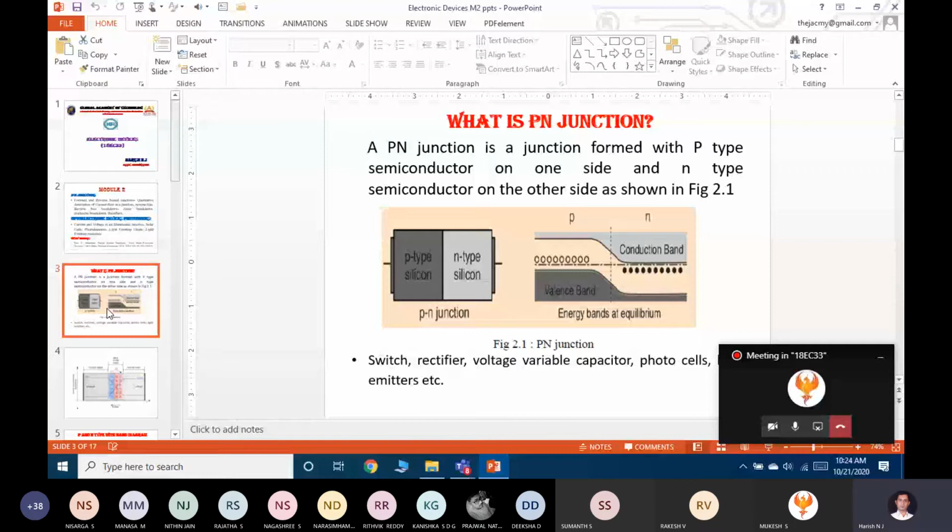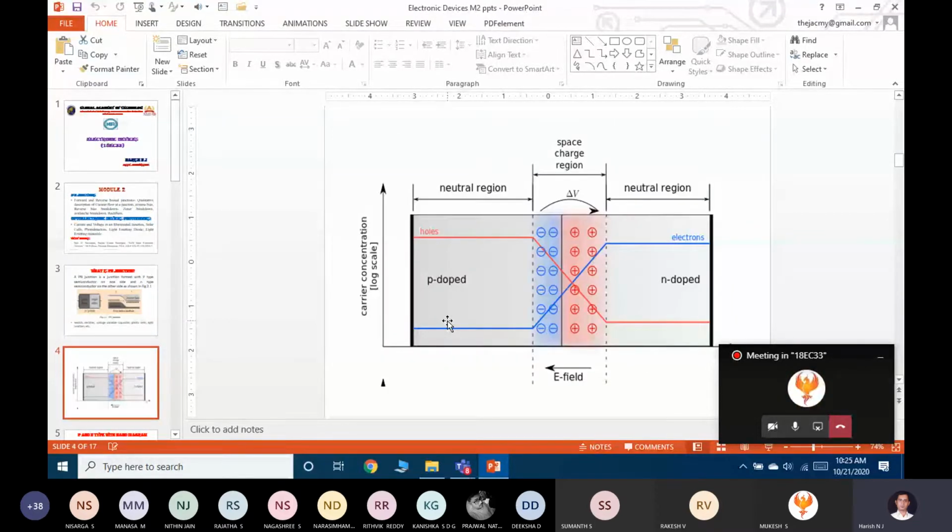Now, can you tell me the unbiased condition of a PN junction diode? I will display one more diagram. At least now, can you tell me what phenomenon will happen when you sandwich two types of semiconducting material, one P type and the other N type? When we connect it in forward bias, the majority charge carriers will pass through the PN junction. So when positive and negative recombine to form electron-hole pairs, the band gap will be increased in the semiconductor. The drift will be formed.